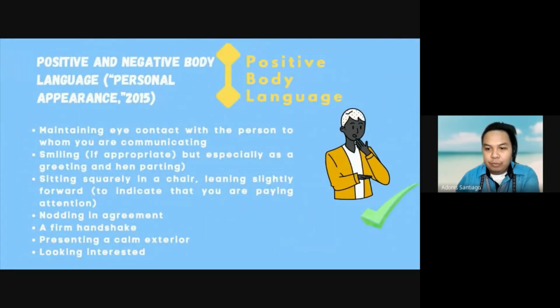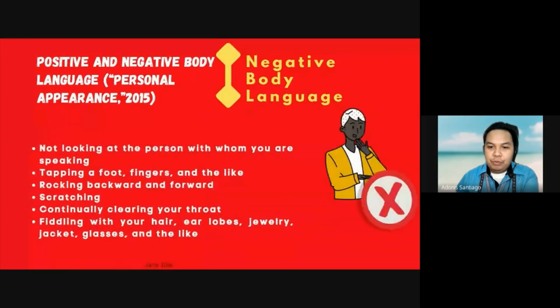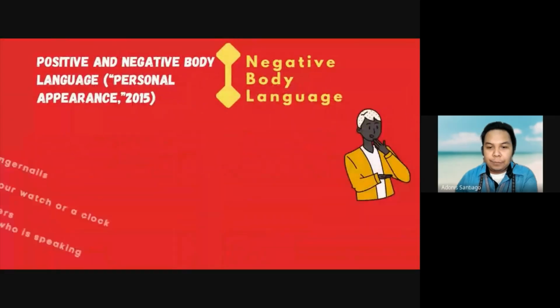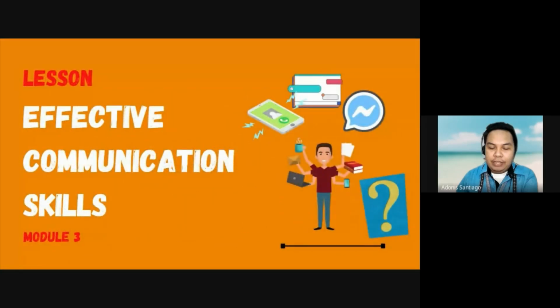Next, we have here some examples of positive body language. Just browse it. When we say positive body language, it means yes, it means okay, it means agreeable, or you agree. Next, we have the negative body language. When we say negative body language, it means that you're not interested, you do not agree, it means no in other words, or stop, or maybe. We also have other examples in here. And that's the end of lesson 2.